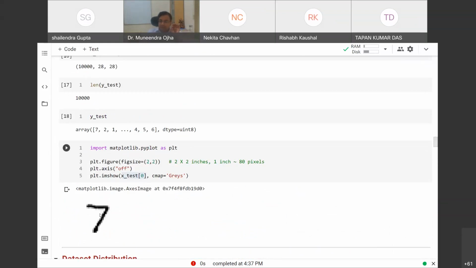If it is 255, that pixel will be white, and if it is 0, that pixel will be black. But is there any difference between white and black pixels? No, both are equally important to me.